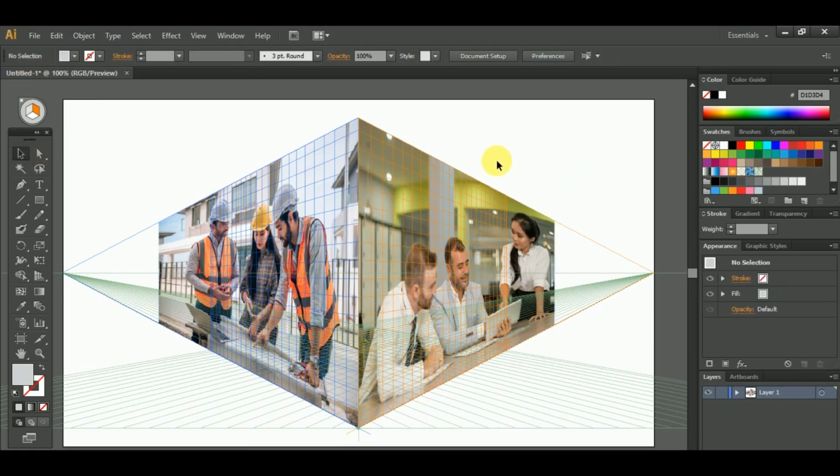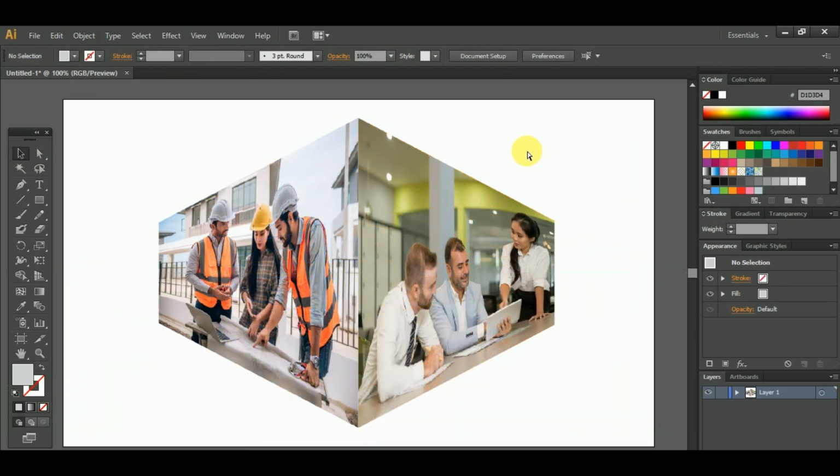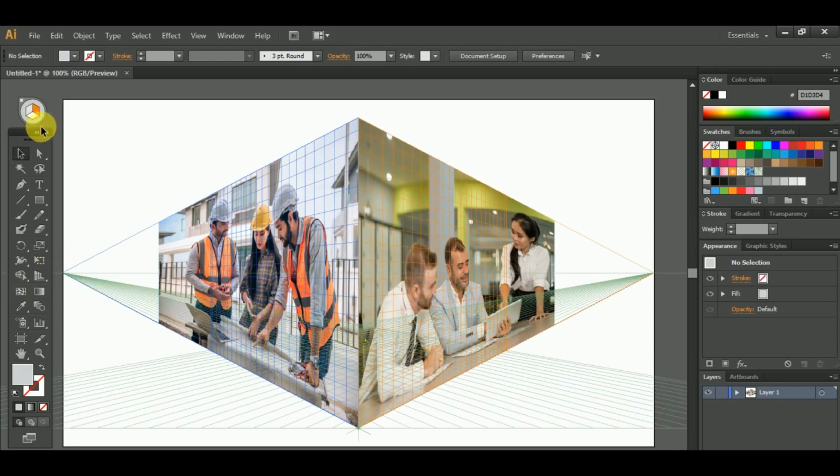I hope you can see its 3D effect. Now just disable the grid system. You can use Control Shift I to disable and enable. You can see it looks much better, and that is the perspective grid tool. So I hope you understand how you can use this perspective grid tool, and you can use it to create just amazing 3D layouts inside